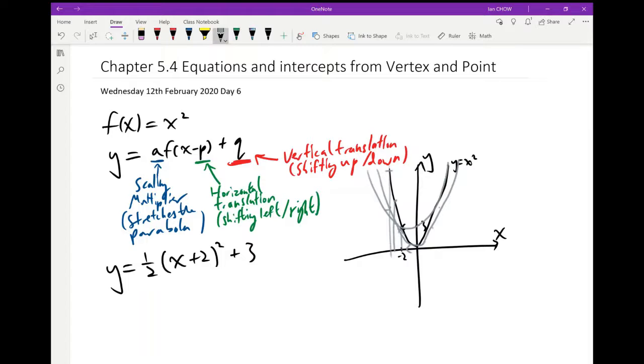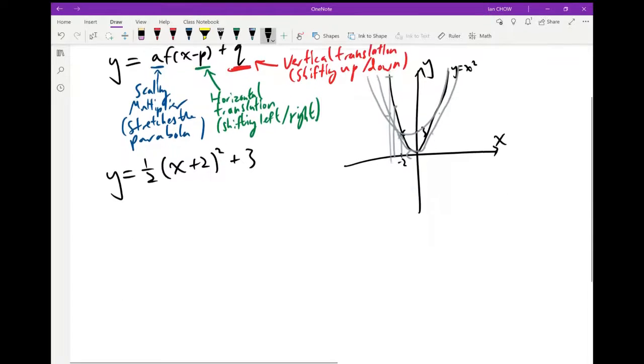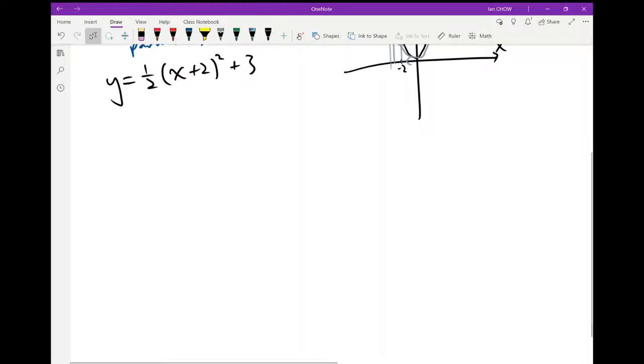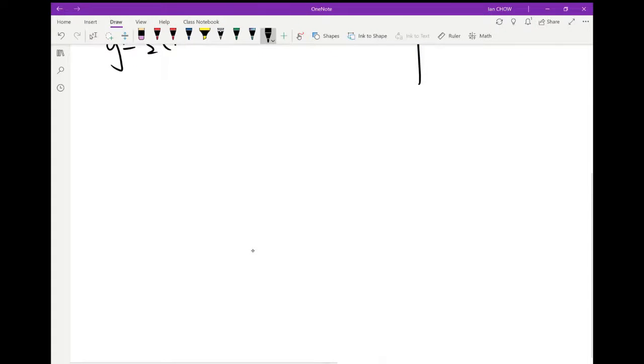So that was the past two lessons. Today, we're going to look at a vertex point and another point. So let's say, for example, we have some unknown function. We have some unknown transformation, okay? The original f of x is still x squared, but after applying a transformation,